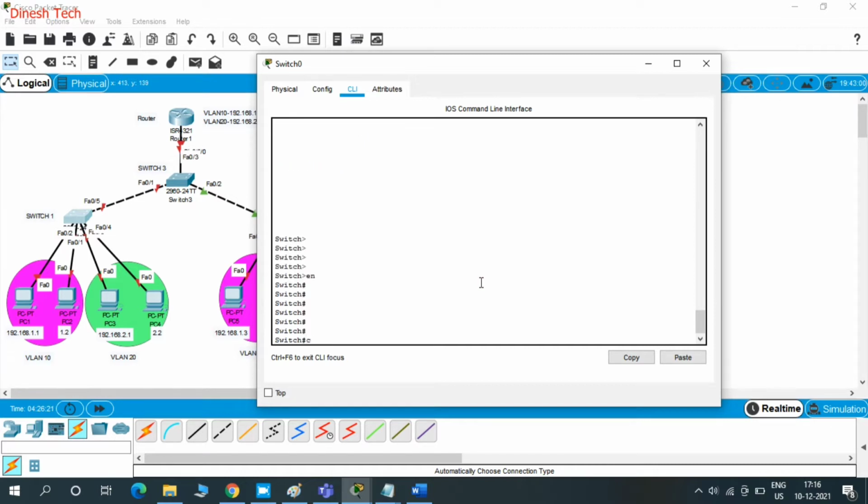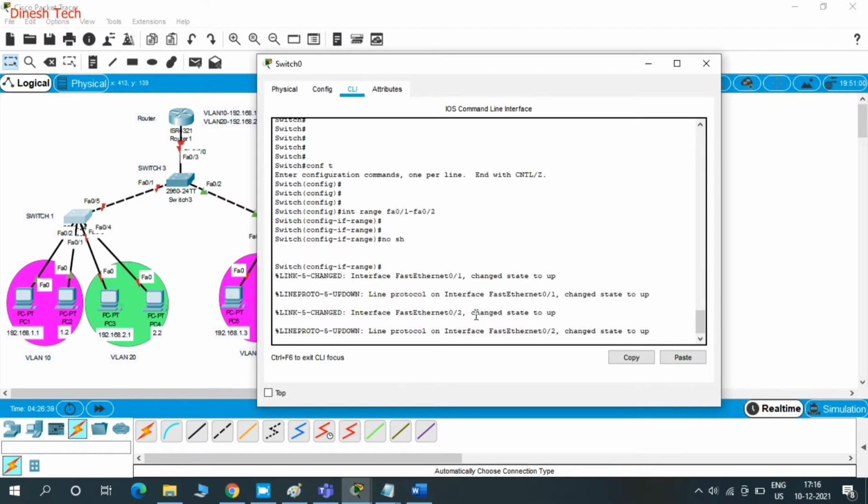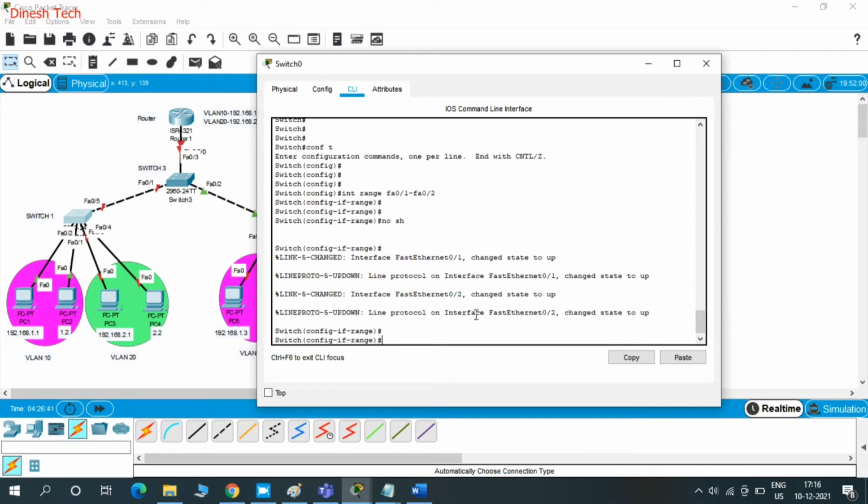Configuration mode, config t, just give interface range FA0/1 to FA0/2. Switchport mode access and switchport access VLAN 10.